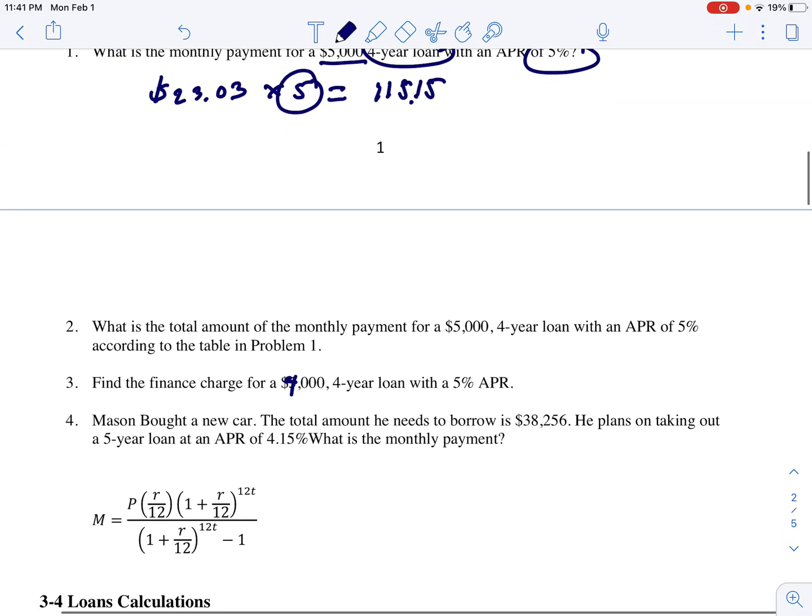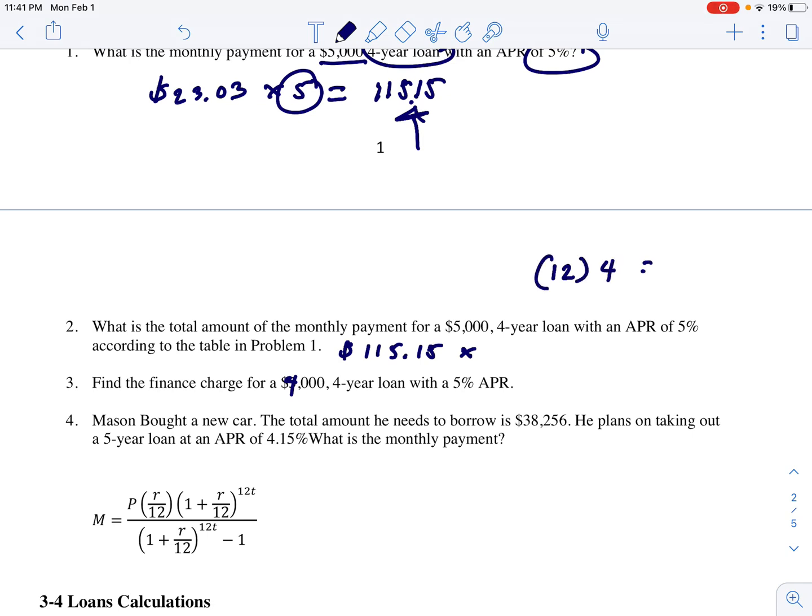Our payments are $115.15, and we're going to multiply that by the total number of months in the 4-year loan. 12 months in a year, times 4 equals 48. So we're going to multiply that by 48. Okay. So that gives us